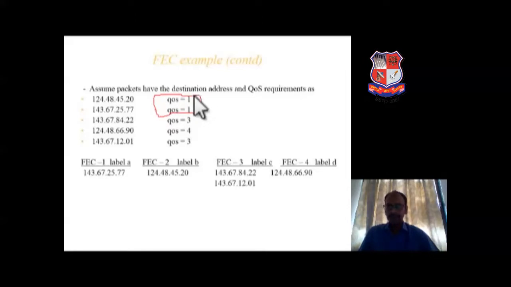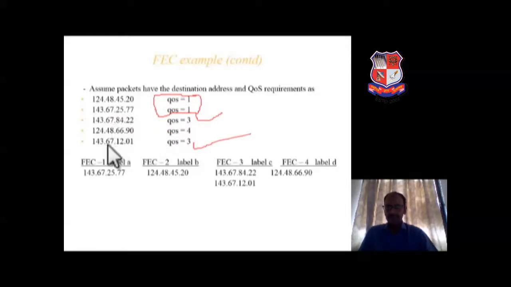However, if we combine 2 things together, that is the address prefix, then in spite of both requiring the quality of service parameter to be 1, QoS is 1 but the address prefix is different. Let's look at another example. This is interesting. QoS is 3 and QoS is 3, and look at the address